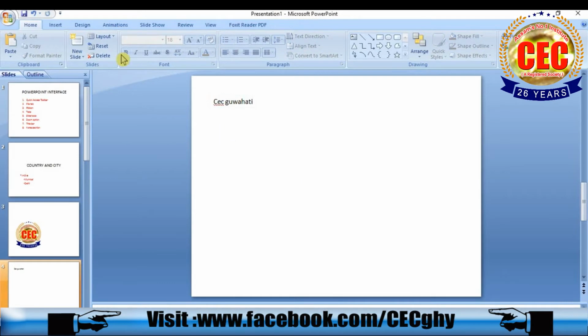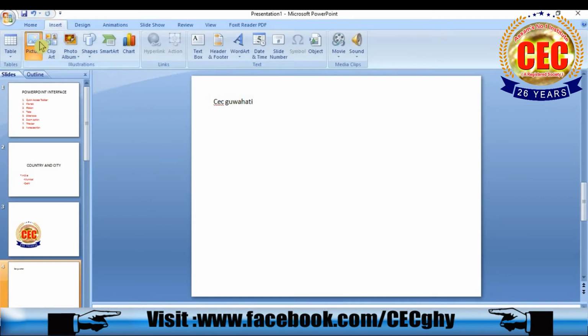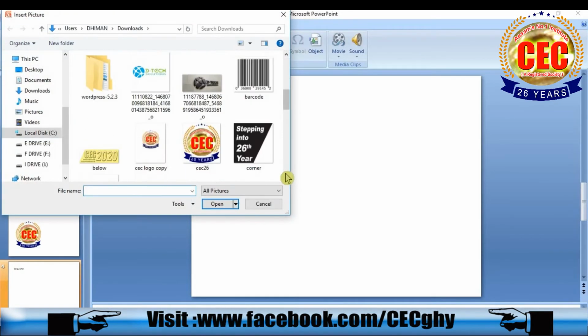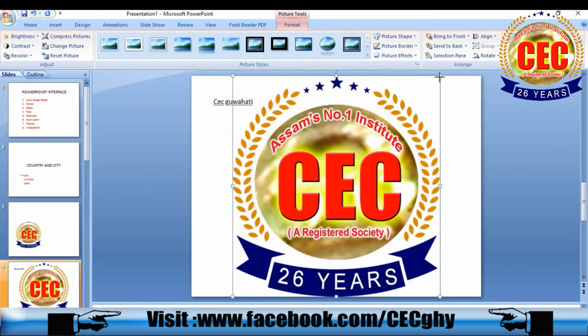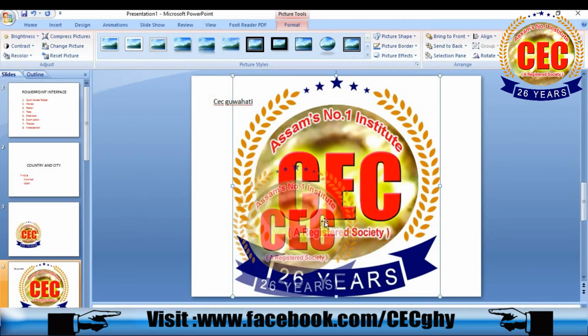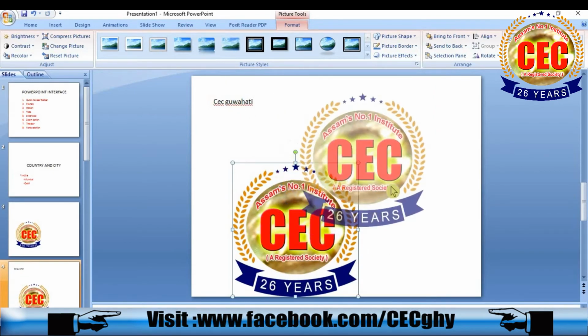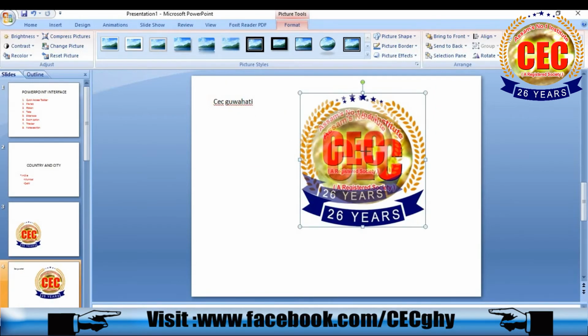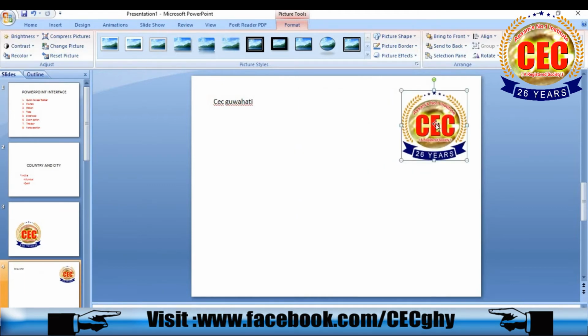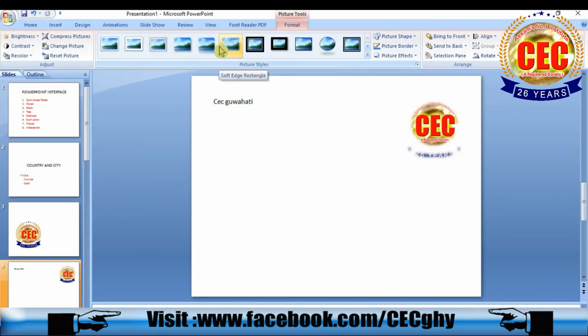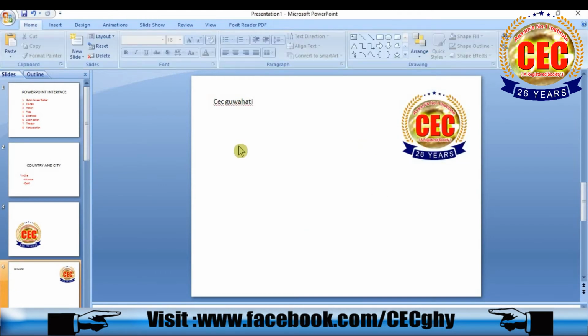Now I will put a picture: go to the Insert tab, Picture, Insert. Like that. These options are the same as MS Word. How you move the image, how you rotate the image, how you can change the shape, size, border, effects, all are the same as MS Word.